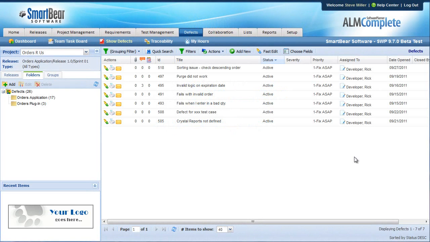Once you've delivered your software to production, most likely you're going to want to allow your clients to be able to submit support tickets and issues so that you can follow up on those. Using ALMComplete, you can set those support pages up very easily. To do that, you'll first get started in the defects area because all of the support tickets will flow into